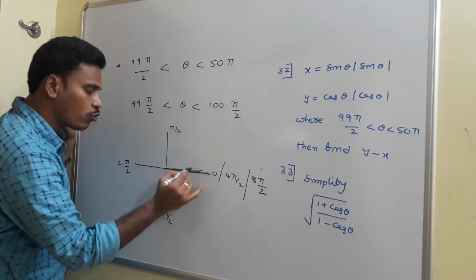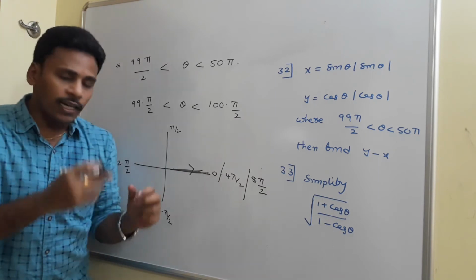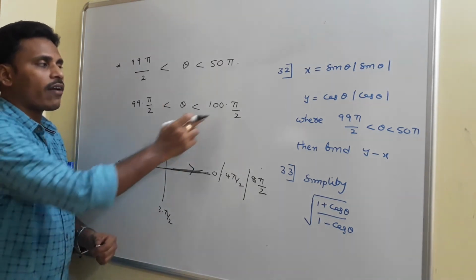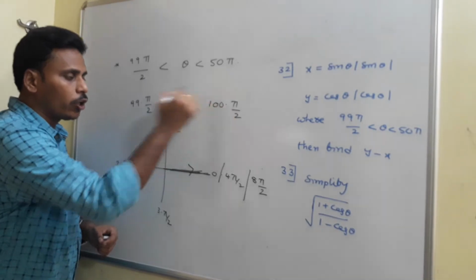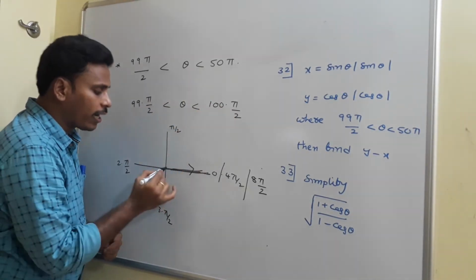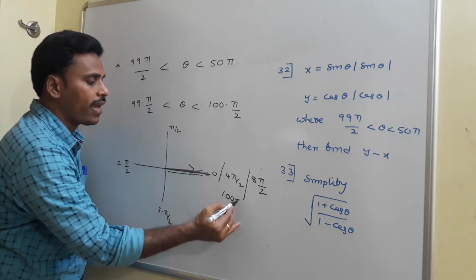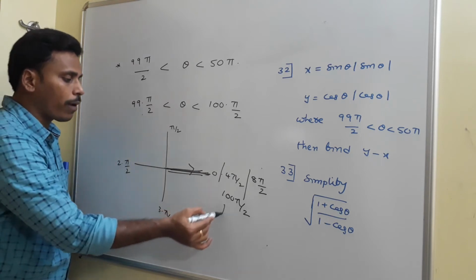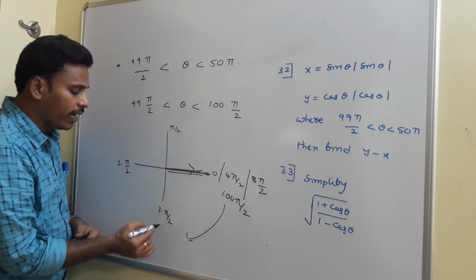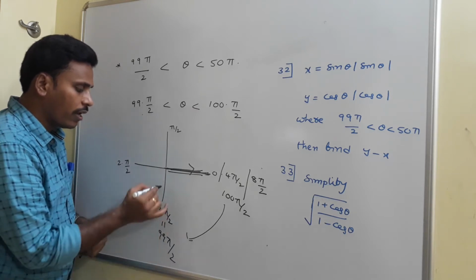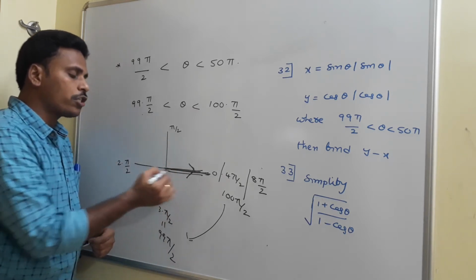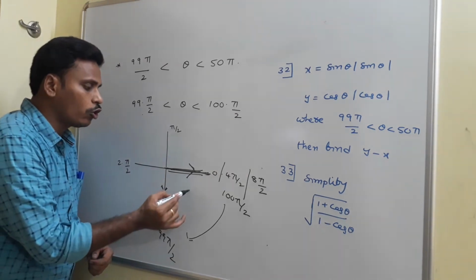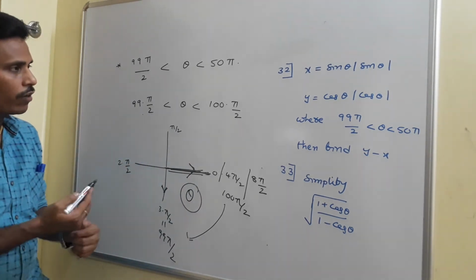That is, this positive direction of x-axis corresponds to the angle for 4 multiples of pi by 2. Here 100 pi by 2, 100 is a multiple of 4, so for 100 pi by 2 the corresponding terminal ray is this positive x-axis. So this line is again acceptable for 100 pi by 2 also. And 99 pi by 2 is just 1 pi by 2 less than this 100 pi by 2, so 99 pi by 2 corresponds to this negative direction of y-axis. This is positive direction of x-axis, this is negative direction of what? Y-axis. So for sure theta lies in this fourth quadrant again for this problem.